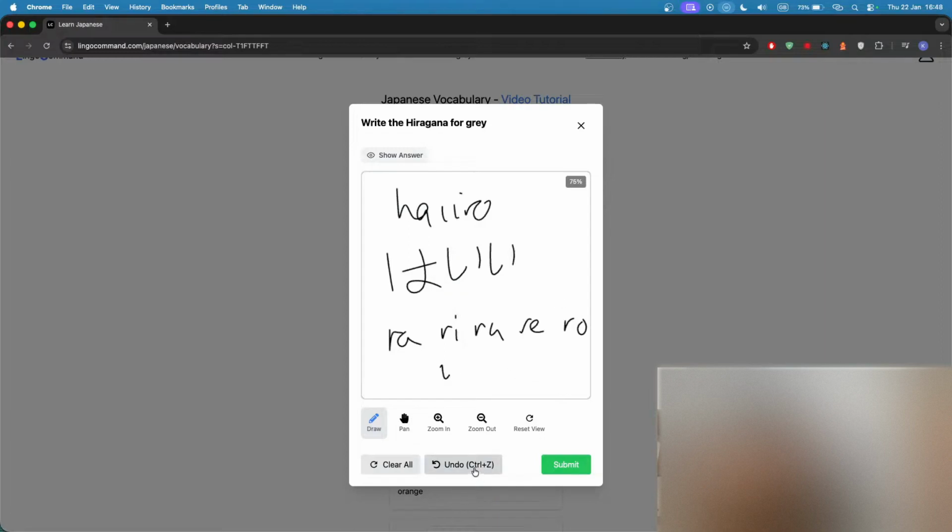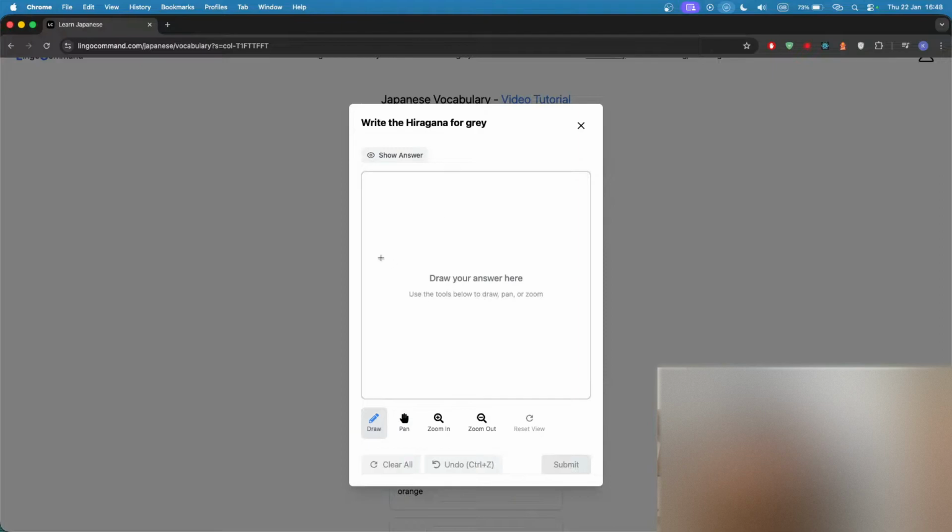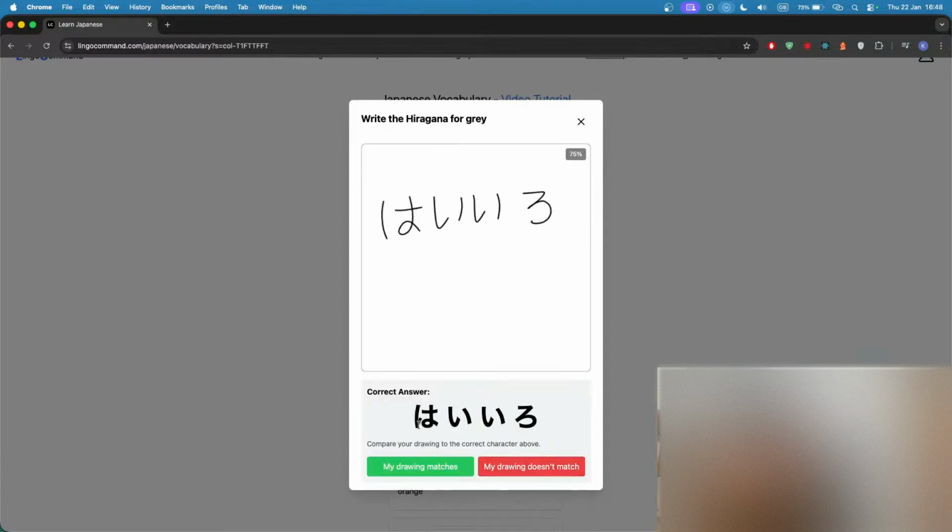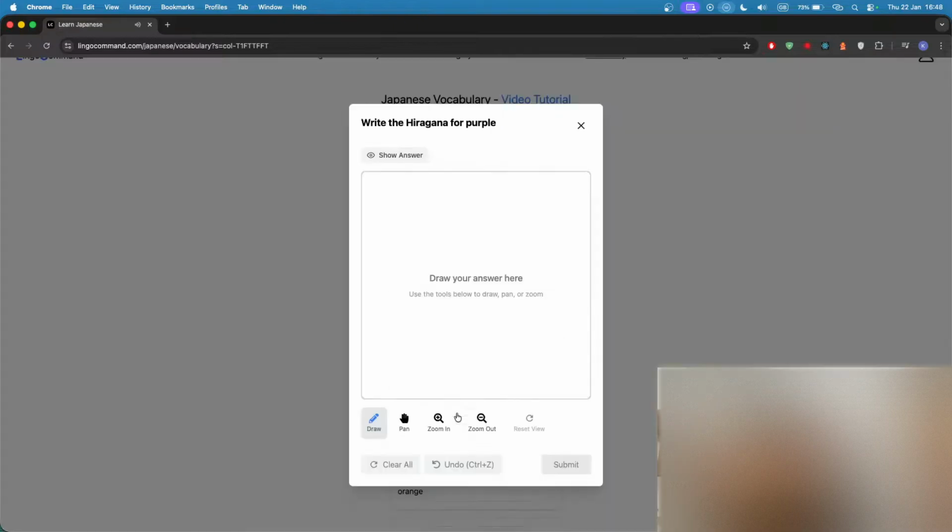So all we need to do is erase all of this stuff at the bottom. Kind of clean this up a little bit. I just erased everything. That's fine. So this is ha, i, and then ro is this one. So let's take a look. That's a match, that's a match, that's a match, that's a match. So correct? Fantastic. Purple, mu, ra, sa,